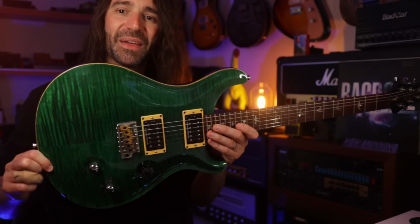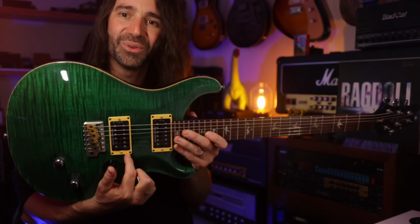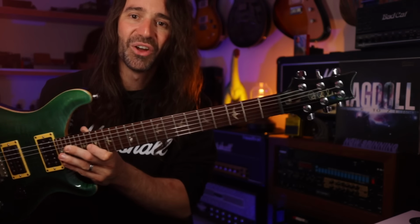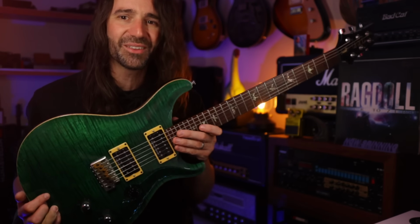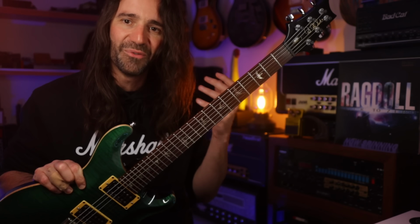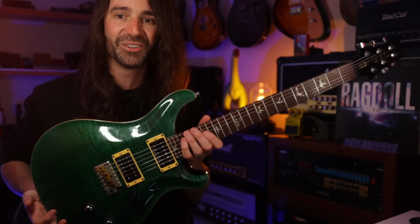A lot of you were asking about this green PRS Custom 24. I have swapped the pickups out to a Seymour Duncan Jazz and JB. I've left everything else on this guitar totally stock, and I've used this on a lot of demo videos and a lot of gigs. It's very versatile, it's incredibly easy to play, it's super comfy,